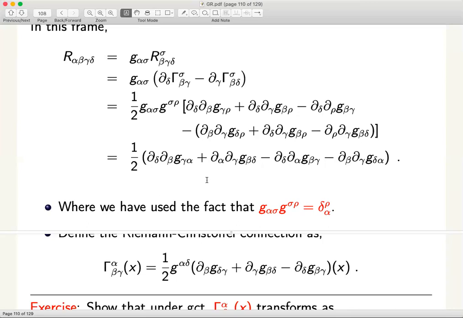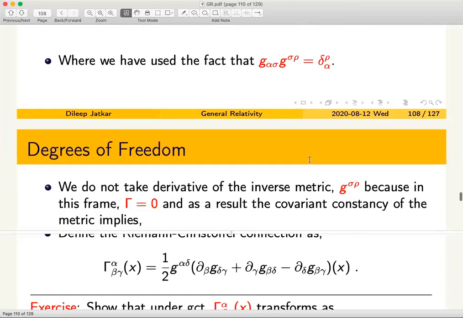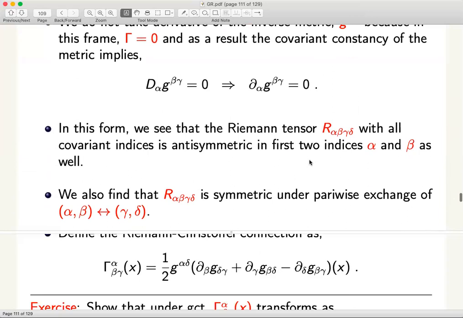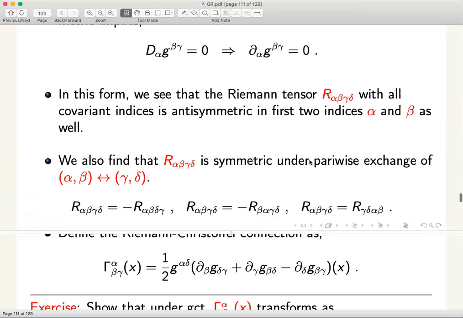Okay, so if you do a pairwise exchange of first two indices with last two indices, Riemann tensor does not change sign. So Riemann tensor changes sign under the exchange of first two indices, and changes sign under the exchange of last two indices also. But if you take pairwise indices, it is symmetric, so it does not change sign there. Okay, fine. So that is the statement. So besides the original antisymmetry, we also find one more antisymmetry in the complete covariant form, and we also find that under pairwise exchange, it is symmetric.